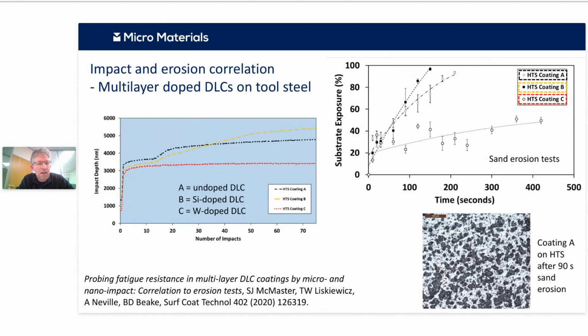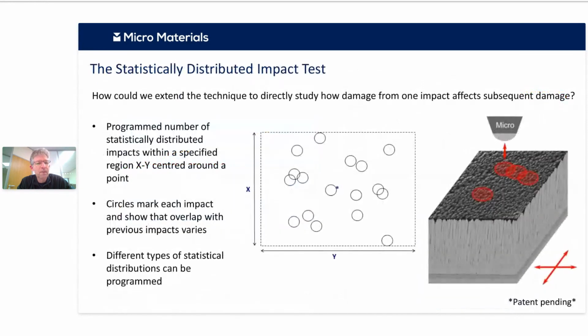And if you look on the right, you can see the results of individual sand erosion tests that Sam did. So these are very time-consuming tests, and it would be nice if you can use the small-scale test to get all that data and predict nicely just with a few simple impact tests. So this all works quite nicely, but it doesn't quite capture the true nature of what happens in a real